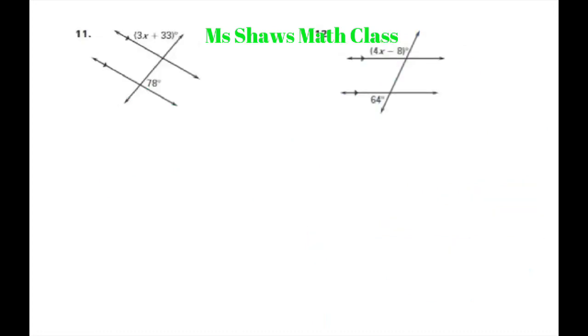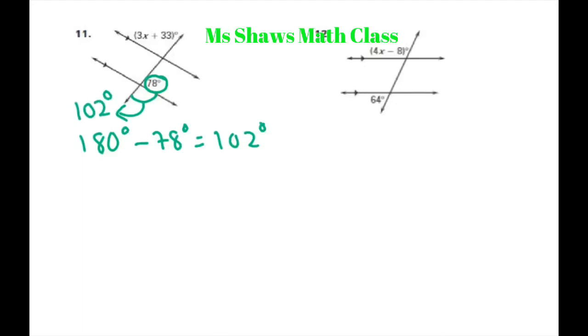We have this one here. We know this is 78. So using our supplementary angle theorem, 180 degrees minus 78 degrees gives you 102 degrees. So this angle here is 102 degrees. Now I'm going to use my alternate